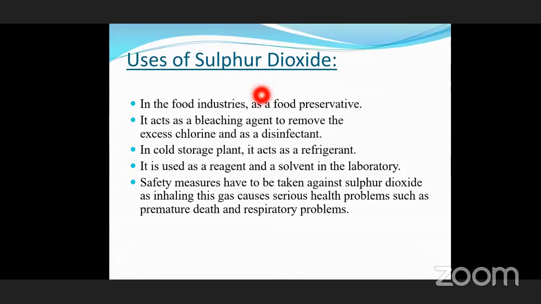Okay. Then the last one: safety measures have to be taken against sulfur dioxide, as inhaling this gas causes serious health problems such as premature death and respiratory problems. By using it every day, sulfur dioxide causes some respiratory problems. So that's why it sometimes causes respiratory disease. Okay, so this is about the uses of sulfur dioxide. Okay, my dear students, right? Then